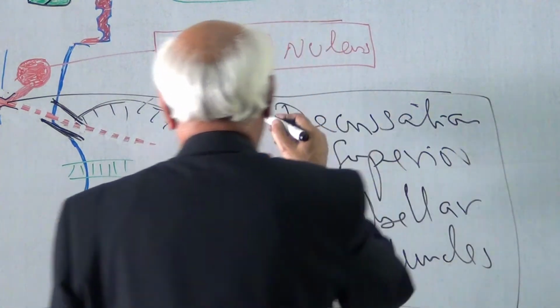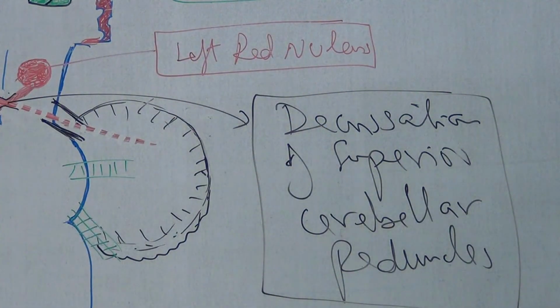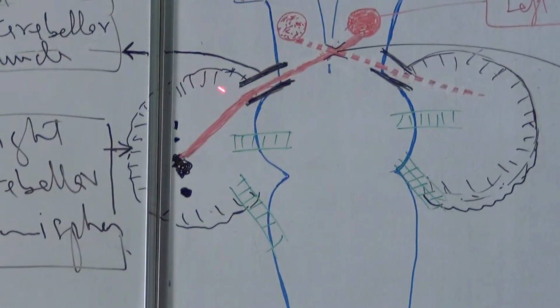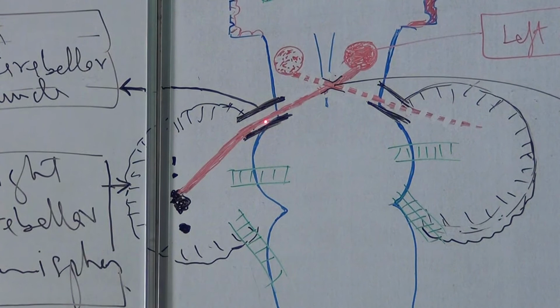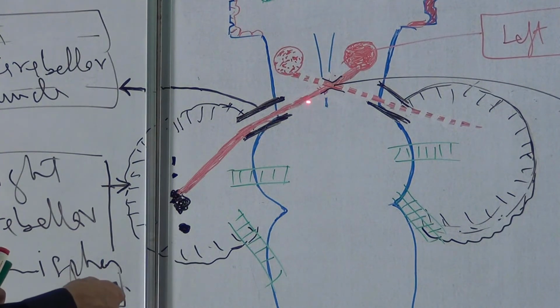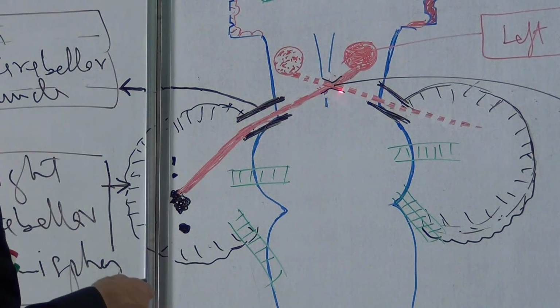The fibers originating from the dentate nucleus of the right cerebellar hemisphere pass through the right superior cerebellar peduncle. They are crowded together to leave the right cerebellar hemisphere via the right superior cerebellar peduncle and enter the lower part of the midbrain, where they decussate with similar fibers